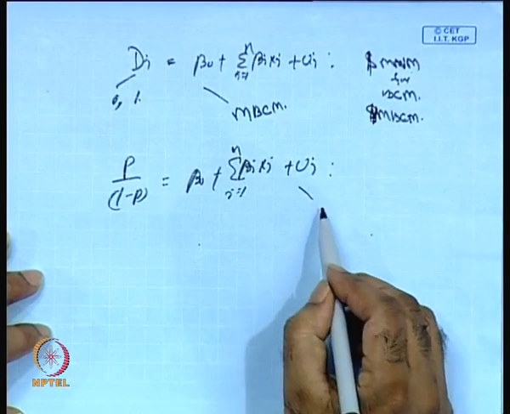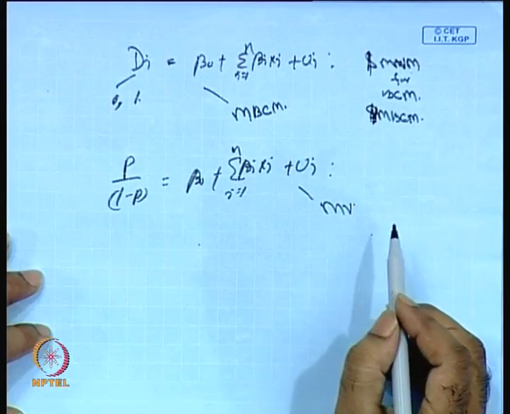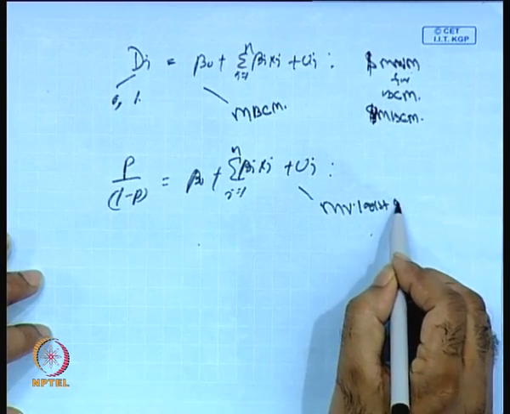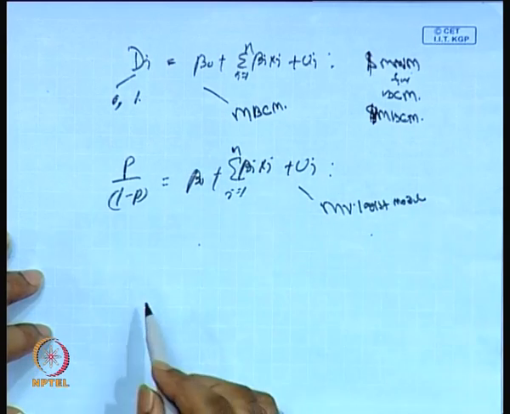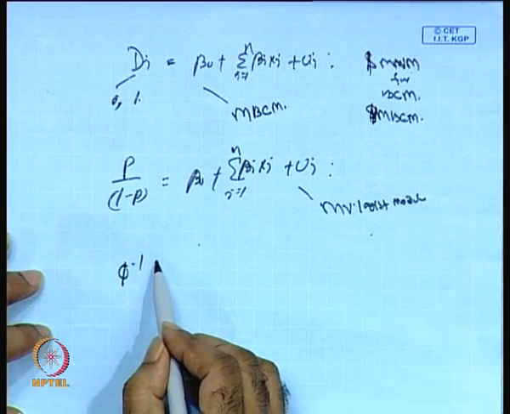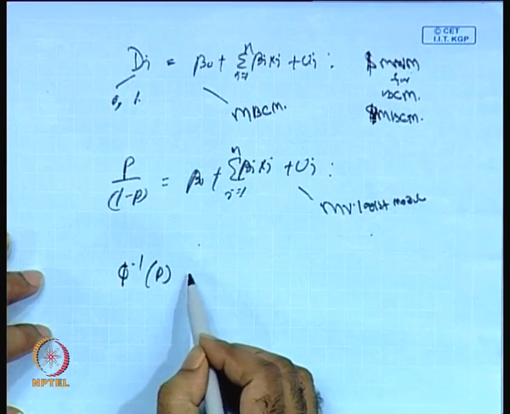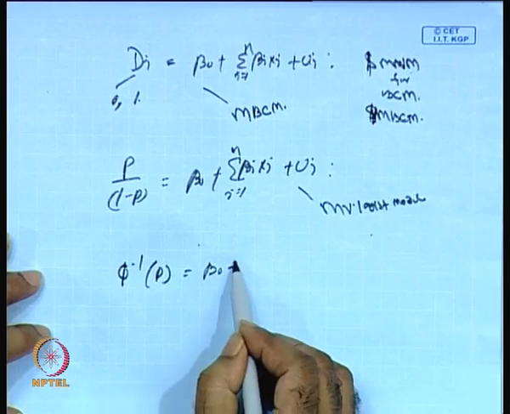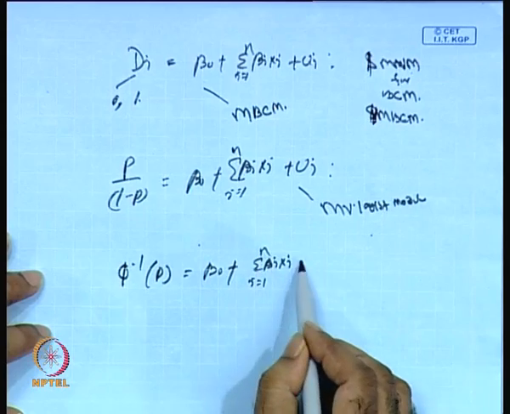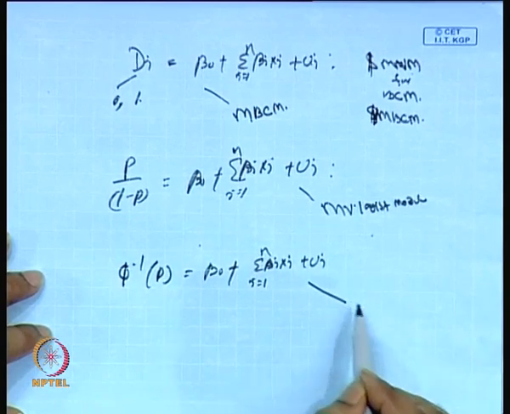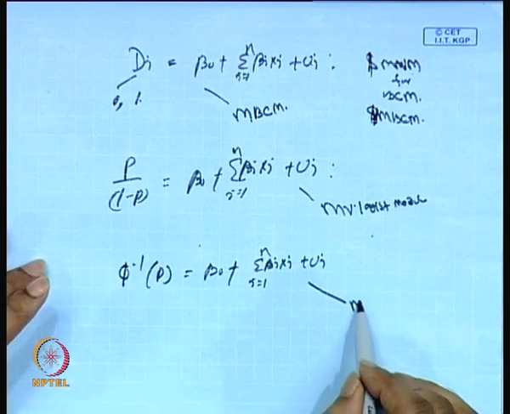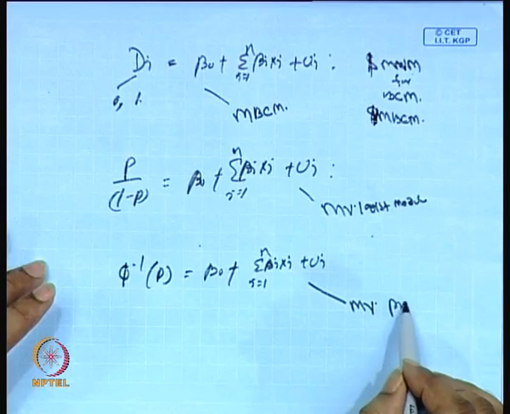So, this is called a multivariate logistic model, okay. Similarly, you will put this particular format: z equal to beta 0 plus summation beta i x i, i equal to 1 to n, plus u i. It is called a multivariate Probit model,